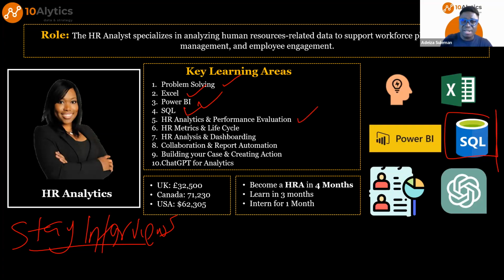And then you would learn HR analytics and performance evaluation, HR metrics and life cycle, HR analysis and dashboarding, building dashboards, communicating insights using those dashboards, automating your reports, and learning how to collaborate when creating your reporting and dashboards and so on and so forth, building your case and creating action. And last but not the least,